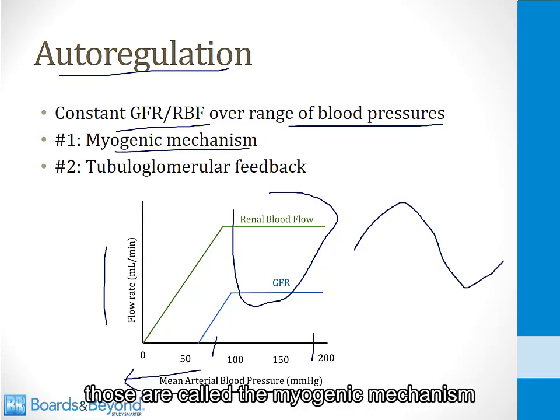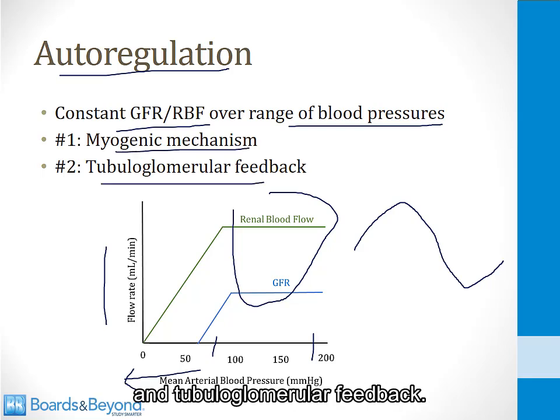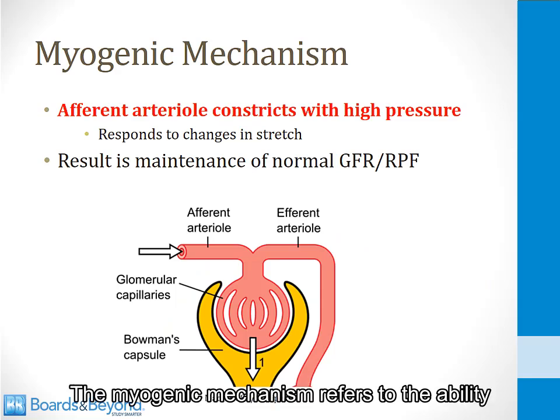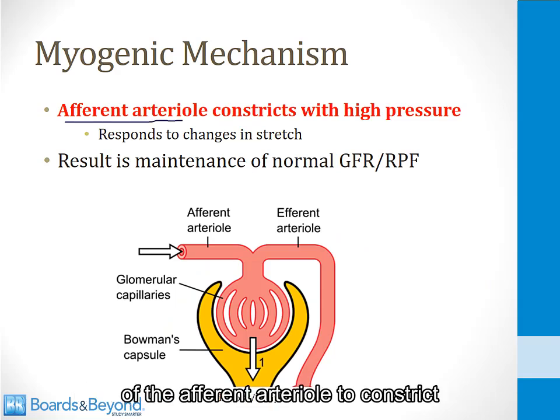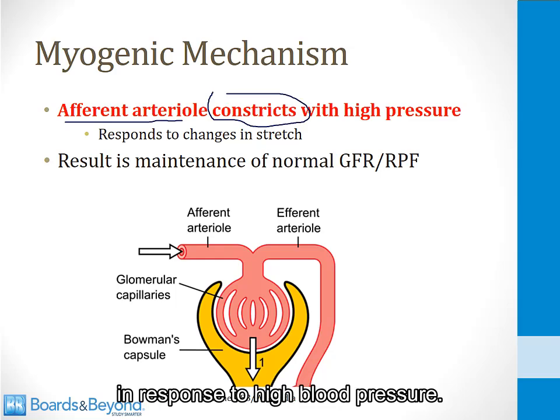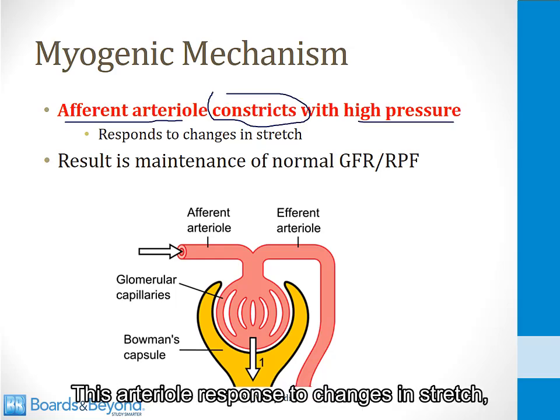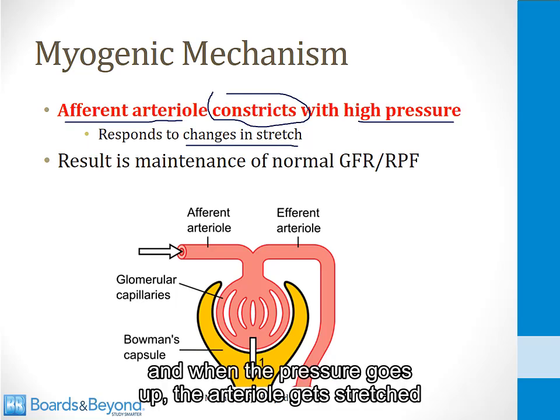And there are two major mechanisms by which the kidneys autoregulate their blood flow and the GFR. Those are called the myogenic mechanism and tubuloglomerular feedback. The myogenic mechanism refers to the ability of the afferent arteriole to constrict in response to high blood pressure. This arteriole responds to changes in stretch, and when the pressure goes up, the arteriole gets stretched and it responds